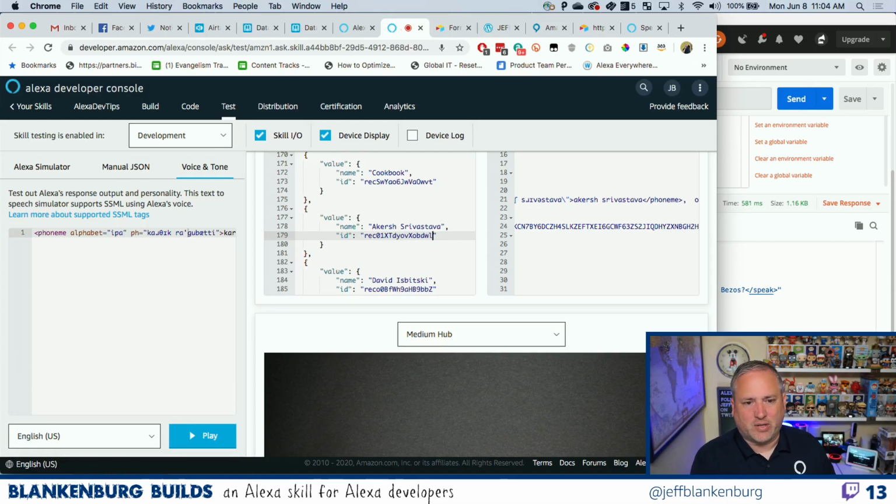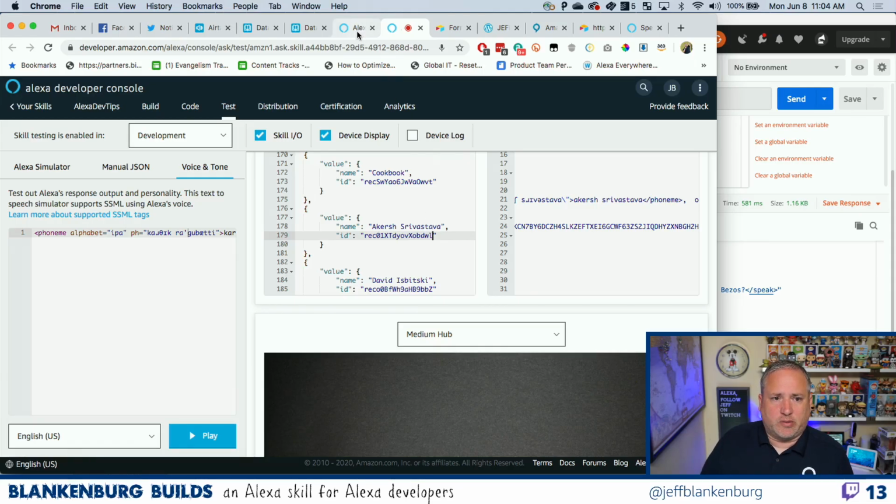I don't know. It just feels like, couldn't I have one additional value, or maybe we just acknowledge that pronunciation is important and include that as a value for every slot, so that you can provide SSML in there, basically. I don't know the right answer, but I will definitely be bringing this up with folks, because this feels universal. If you're going to give me entity resolution, you should also give me the ability to figure out how to pronounce it without calling back to my database. But I can't store the raw pronunciation as the slot value, because then I wouldn't get any matches, or I might get too many matches. So it's a catch-22, at least right now. Hopefully we can figure out ways to get around that.